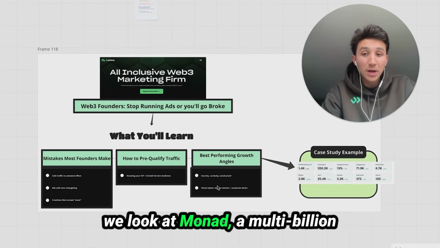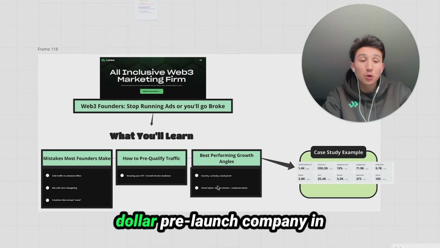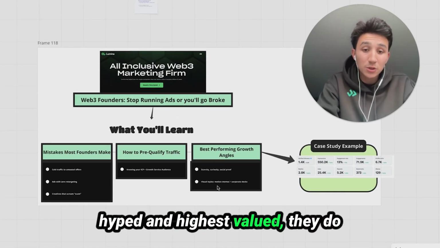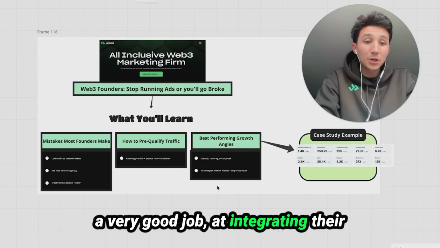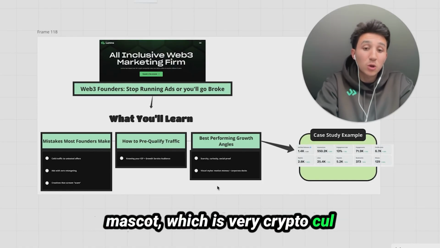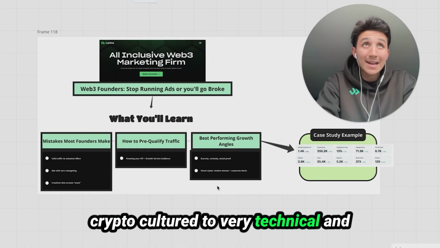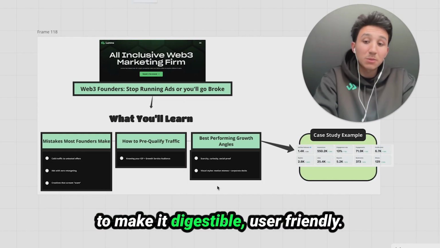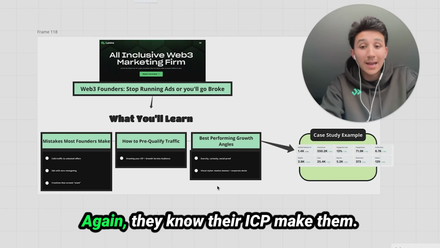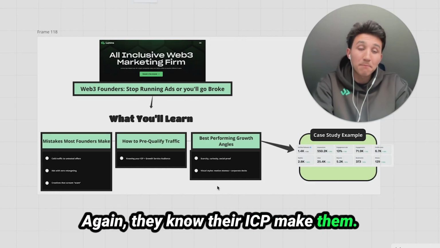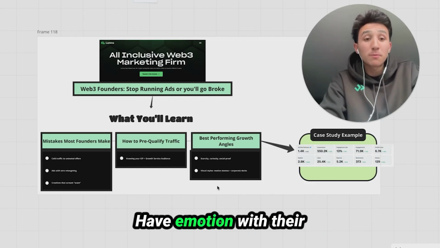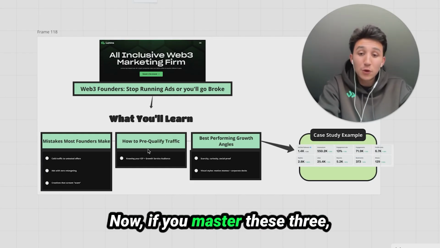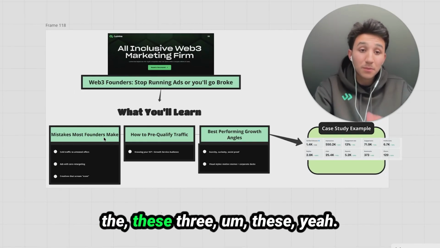So if we look at Monad, a multi-billion-dollar pre-launch company in crypto right now, one of the most hyped and highest valued, they do a very good job at integrating their mascot, which is very crypto cultured, into very technical and corporate ways of communicating to make it digestible, user-friendly. Again, they know their ICP, make them have emotion with their content, all of these things. Now, if you master these three things,